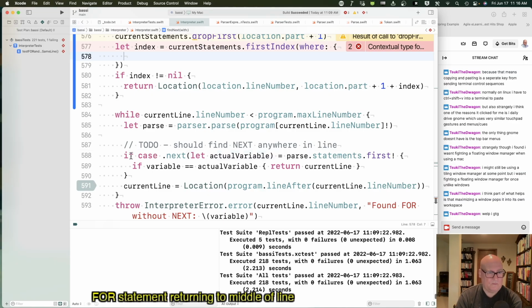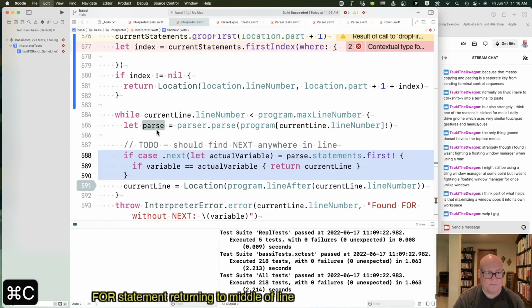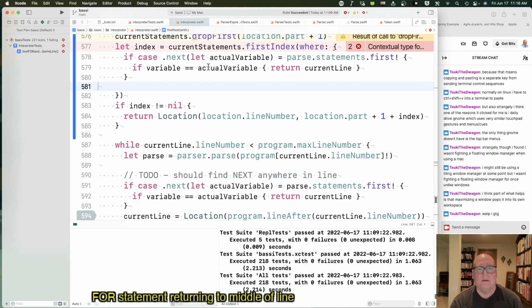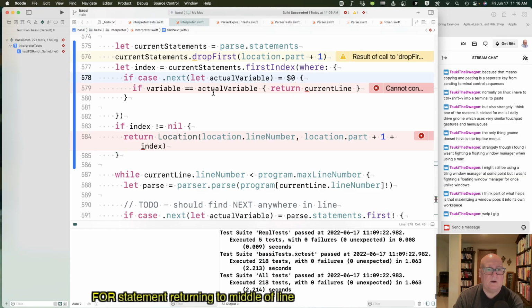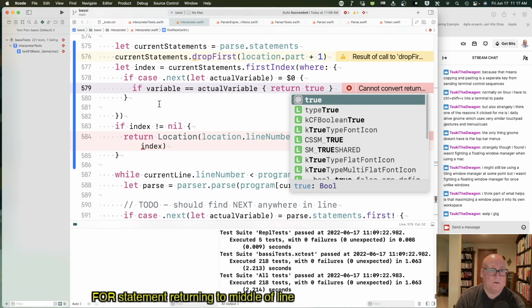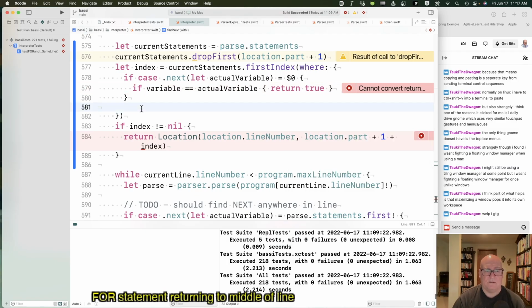Well, I kind of want to do this. Okay. If the item we're comparing to, which is a current statement, is of the form next variable, and the variable is the actual variable we're looking for, then yes, we found the right next statement. Otherwise,